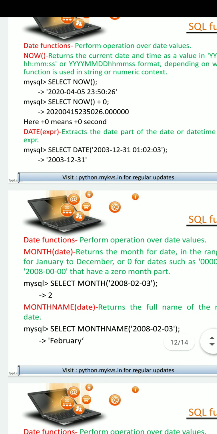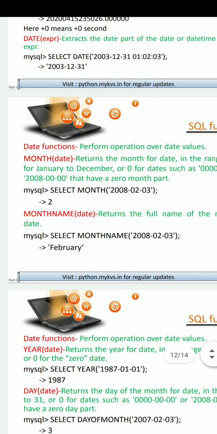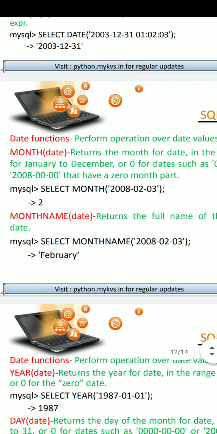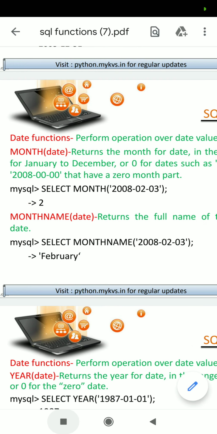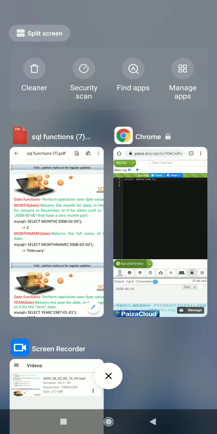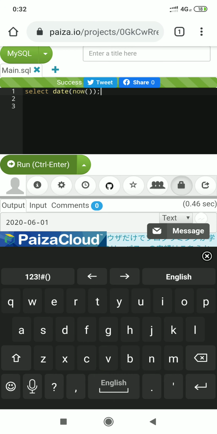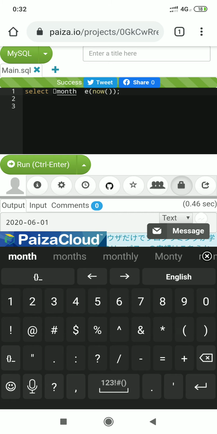Now the next function is MONTH. The MONTH function returns the month part of the date. So what I do here, I write MONTH, it means the MONTH function.